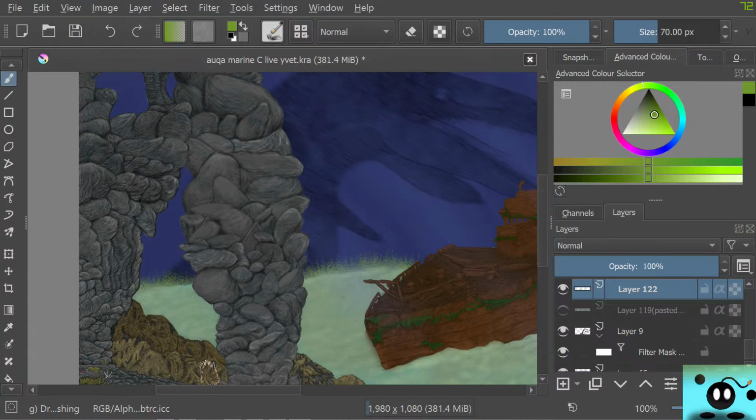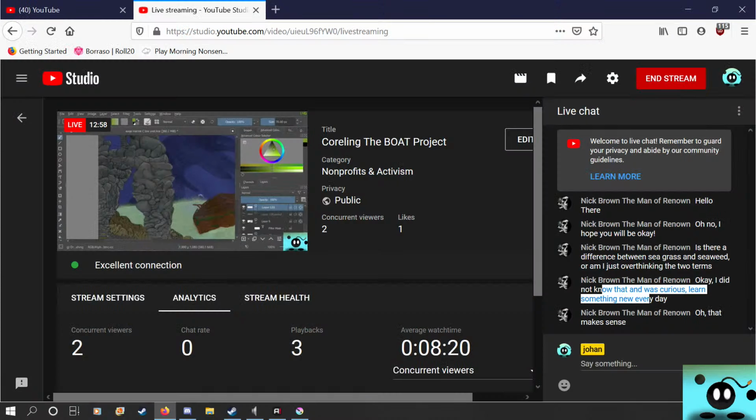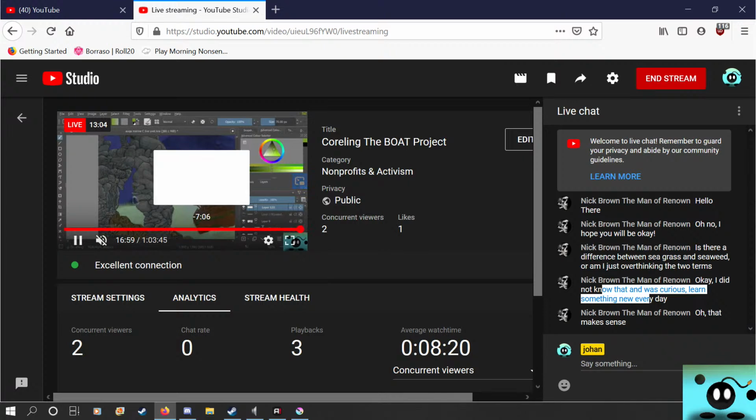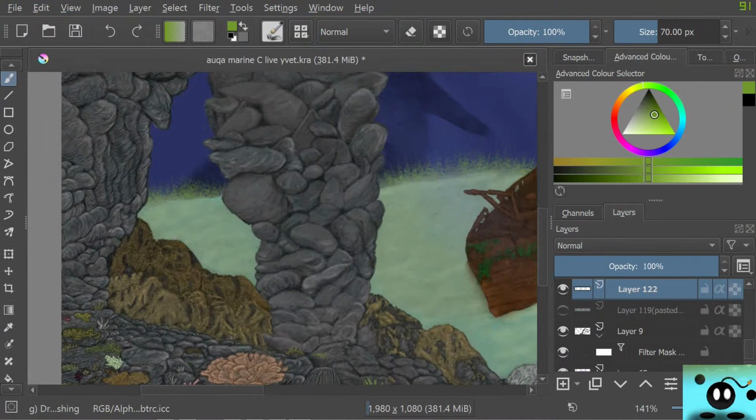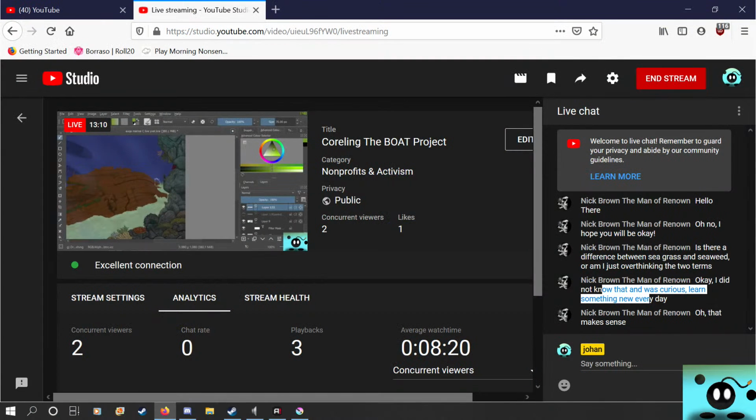You see it? It's quite cool. So instead of drawing it, I just used a brush on it, which makes it a little bit better than before. Now, since this is grass, and we saw already how seagrass works, if we go back